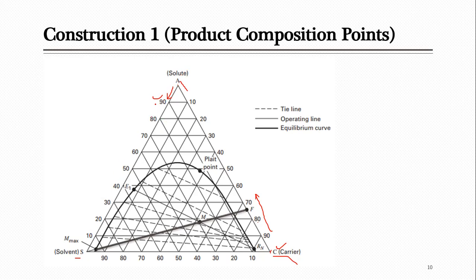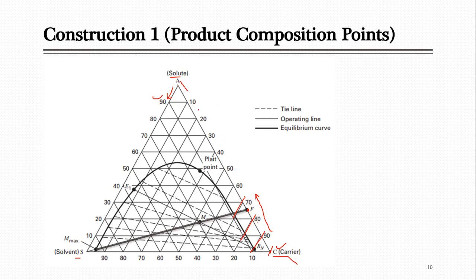So these numbers are given for these horizontal lines, and they represent the composition of A. And similarly, the third one is solvent, and these lines at the bottom are given for this. Now our feed point was 76% feed, so you can see that was 76% of your carrier. Overall you see 100% carrier, then 90%, 80% and 70, so there is something in between, this is 76. And then there was 24% solute.